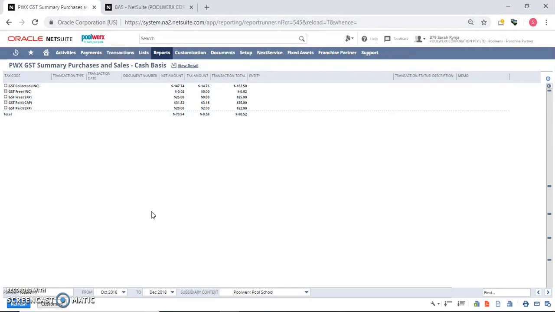Once you've gone through all of that detail, you need to record that BAS statement with its liabilities and payables in the system. One way to do that, which I find is good practice, you can general journal it in. However, I tend to